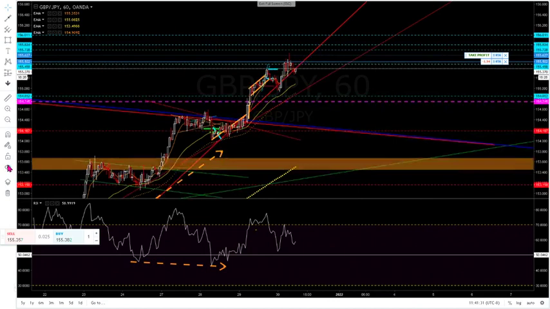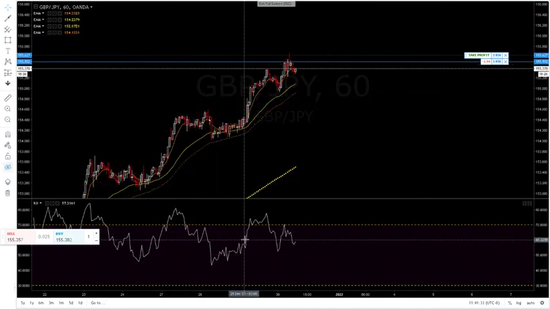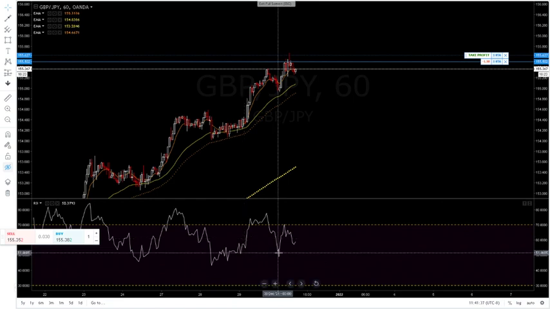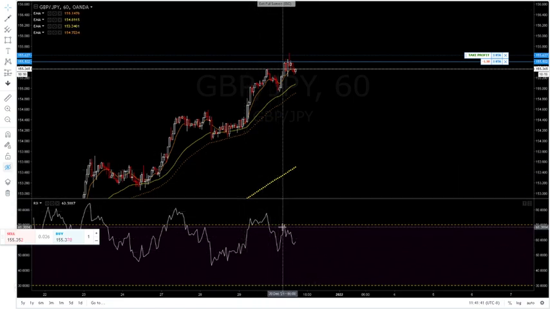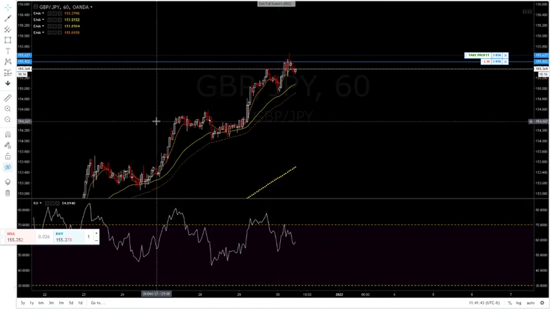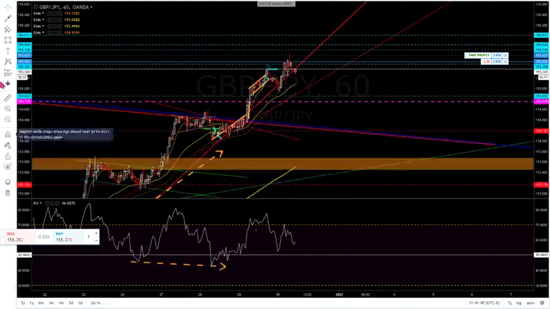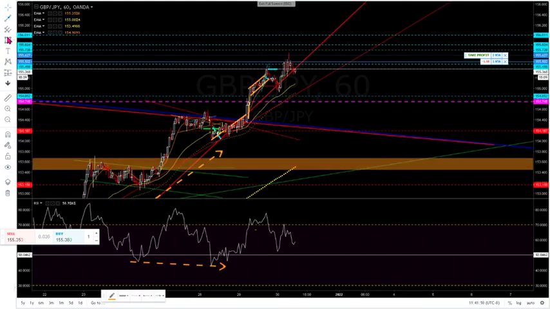All right, so the indicator is down. We have a lower low in the indicator, and in price we have a higher high. So this is hidden bullish divergence again. This is just showing you that price is going to continue to push up or down depending on